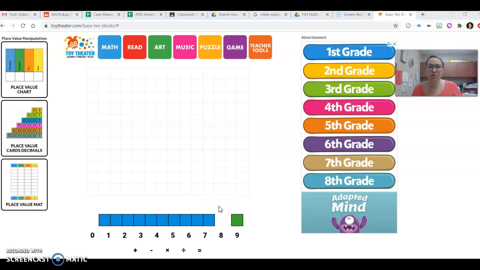So I don't know if you know this, but our whole place value system is based on tens. It's actually called a base 10 system. So everything is based on groupings of tens. So the first column here, I'm going to do the ones column. I have one. I can have two. These are all single digit numbers. 3 is a single digit number. 4 is a single digit number. 5, 6, 7, 8, 9,